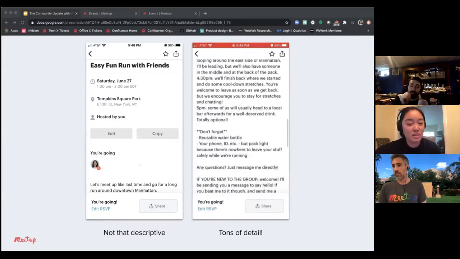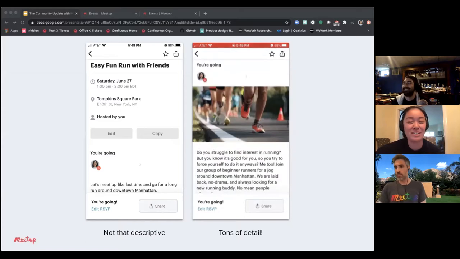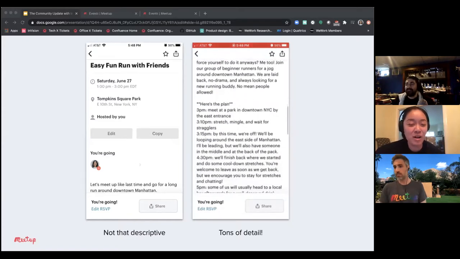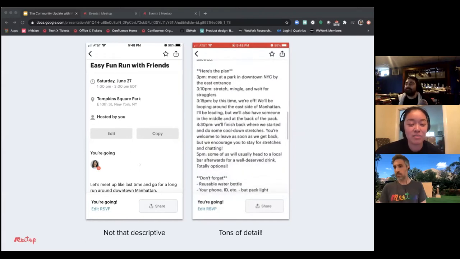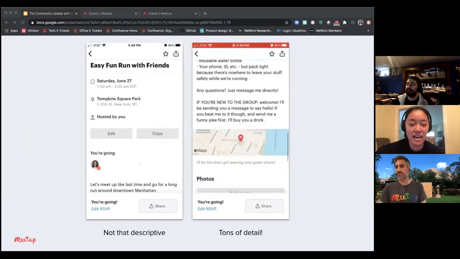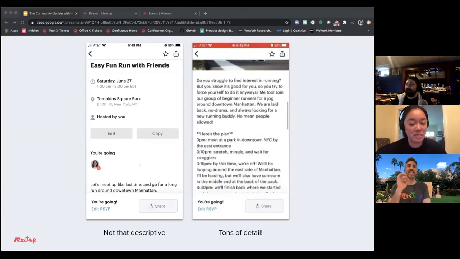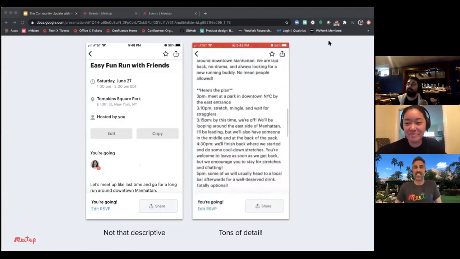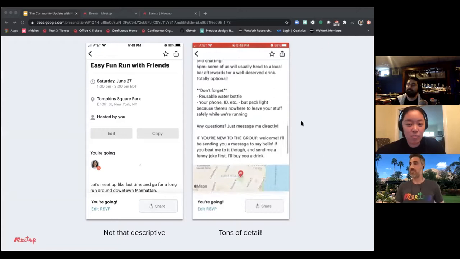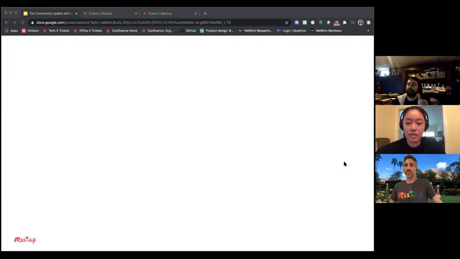So I want to do another poll here. Apologies in advance, we're going to do quite a few polls during my part of the presentation, but I would like you all to be super honest here. If you are an organizer, how many of you are guilty of hosting an event that looks kind of like the one on the left, where the description isn't maybe that descriptive? And you can be honest. So I'll let everyone take a moment for that while I move on to the next slide. We can keep the poll open though.